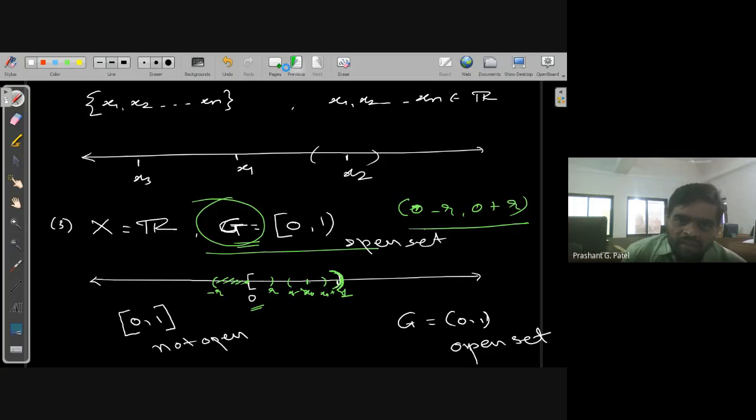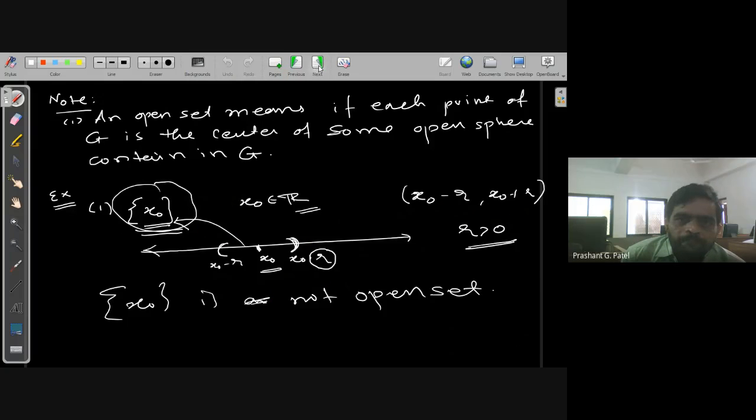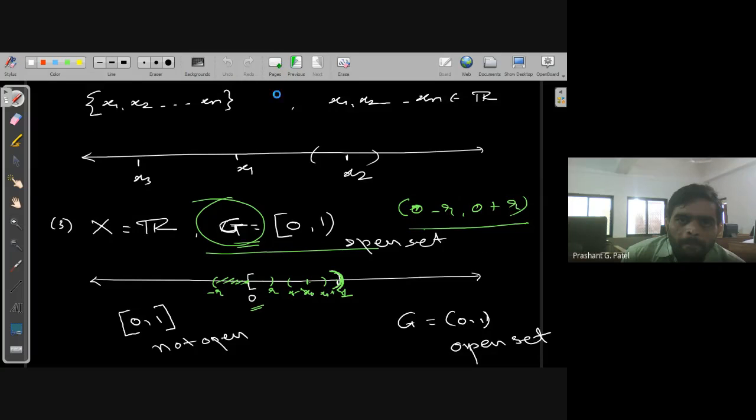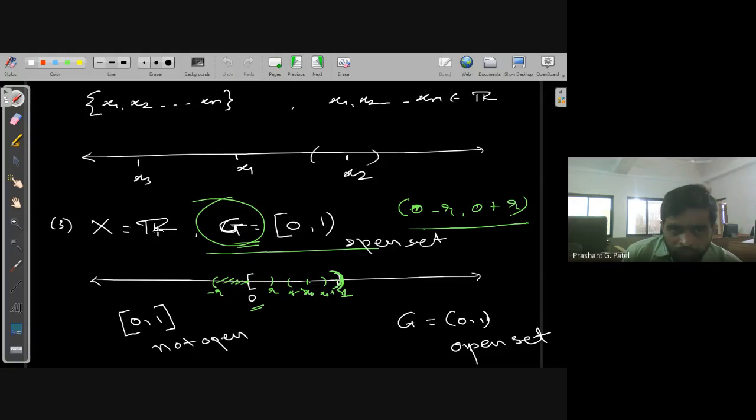Let's talk about the next example. Let us consider X equal to R squared. Whenever I talk about X equal to R squared, I am talking about the usual metric. In the previous example also we talked about it with the usual metric.